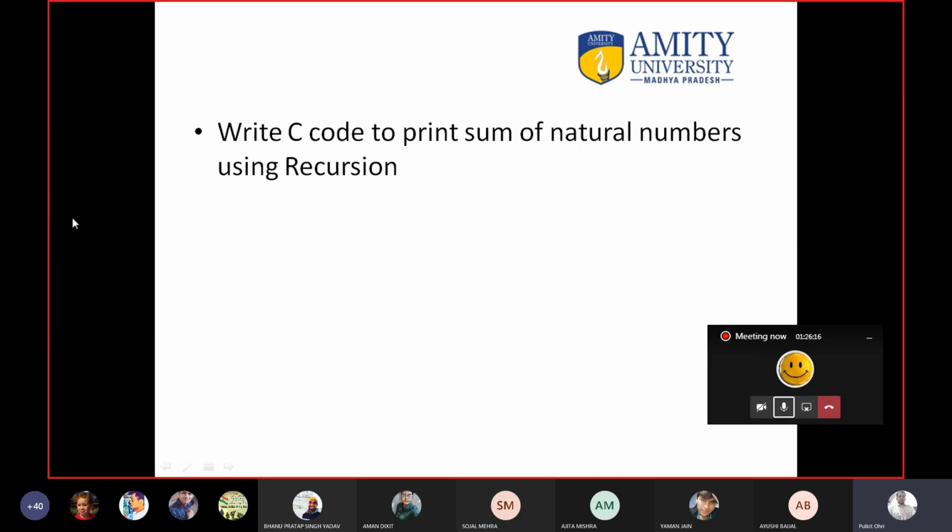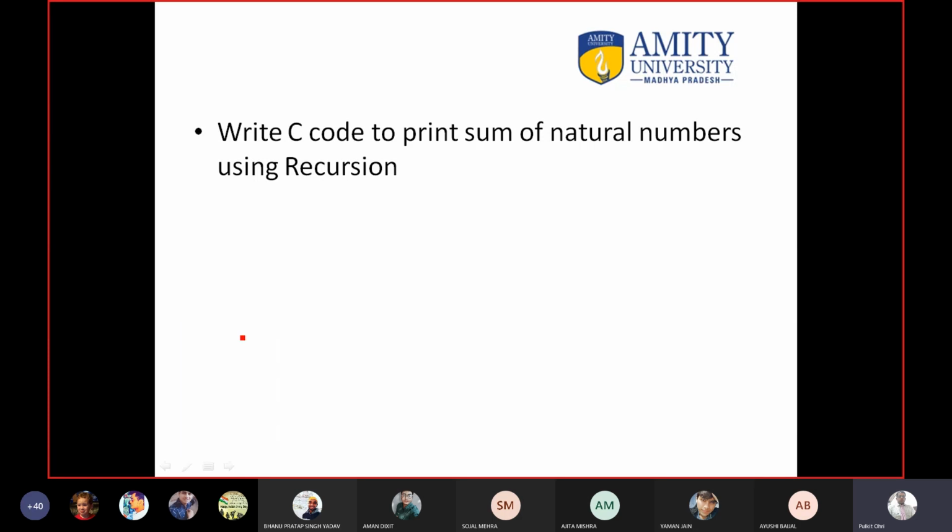Let us suppose if we call this function with the value 10, or you can call the function with the value 1 also, it depends on you. The base condition remains the same. If it is 1 then it will return. So एक बार कोड ट्राई करो, नहीं होगा तो मैं बताऊंगा. Try, just try, but do not search the answer on the internet, it is of no use. Type by yourself.